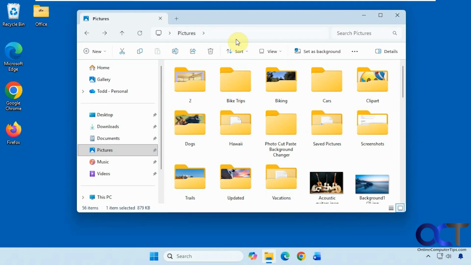to the search results here in the address bar. So I'll put a link to that video in the description if you want to check that out as well. But one of our viewers was kind enough to point out an even easier method, so that's what we're going to show you today. All right, let's say we're in our pictures folder and we want to find everything related